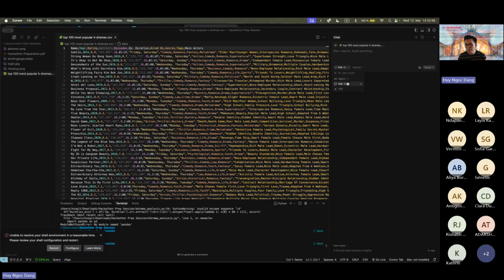So there are fun things that you can use it for. You can actually use it as an agent, where you can let it just automatically do whatever task for you. You can also use ask, which is the normal function that I would actually use. And you can also put in here any context for the code that you want to generate, right?